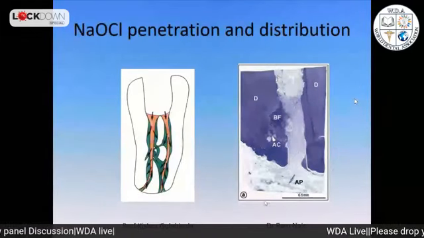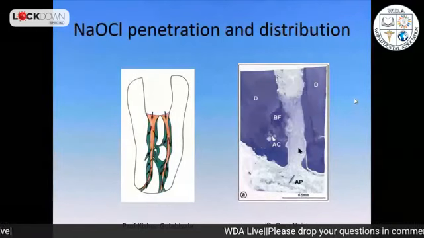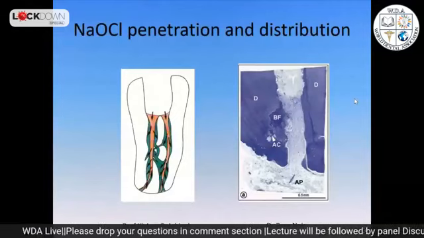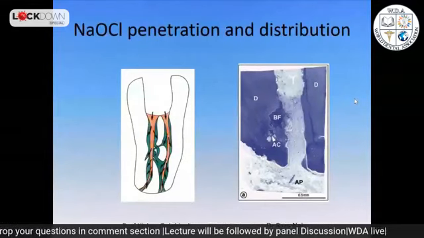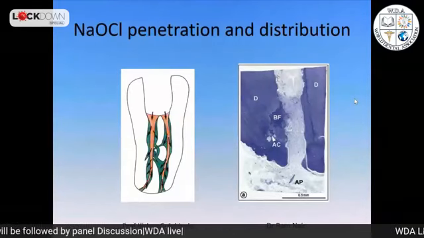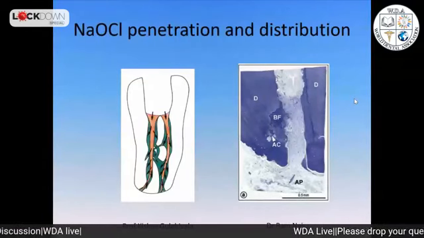And if our irrigants don't get to the apex, we have this biofilm at the tip of the root, which is what causes the disease. So if we irrigate everything but not the tip, we leave what is clinically relevant, which is the infection